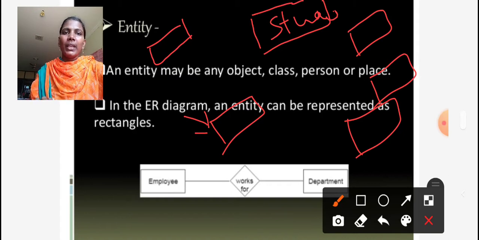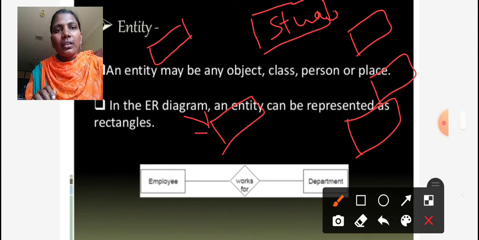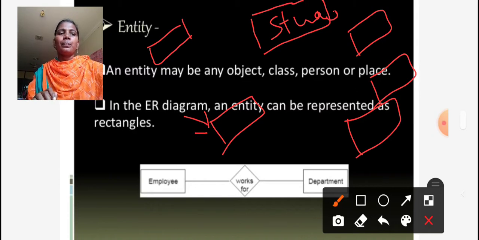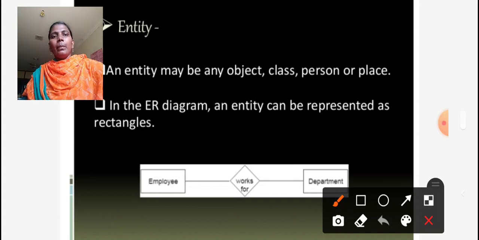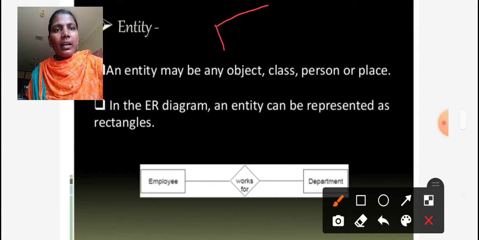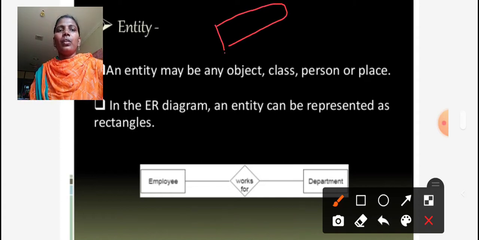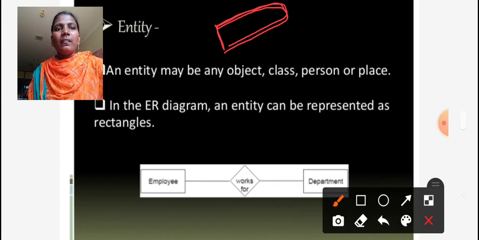The rectangle symbol shows the entity name. We can show the entity name within the rectangle box. Entity is nothing but the name of the database, present in a rectangle box with lowercase or uppercase letters.